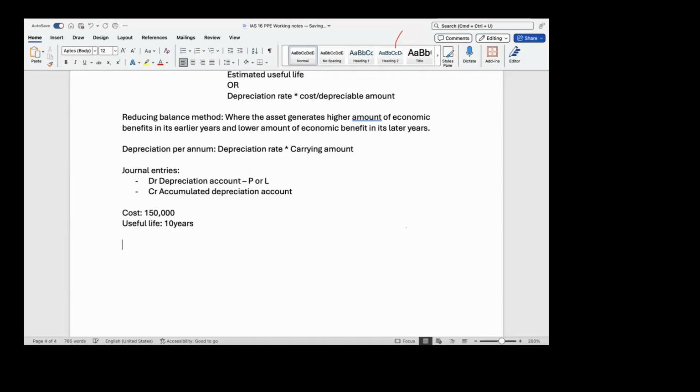Let's say 10 years. So if they ask you to calculate depreciation in year one, depreciation will simply be the cost, divided by 10 years, right? And that gives you how much? 15,000 as your depreciation. That means that 15,000 goes to P&L, as you call it depreciation, while the other leg